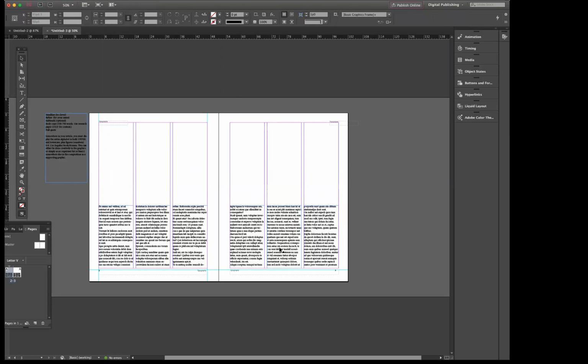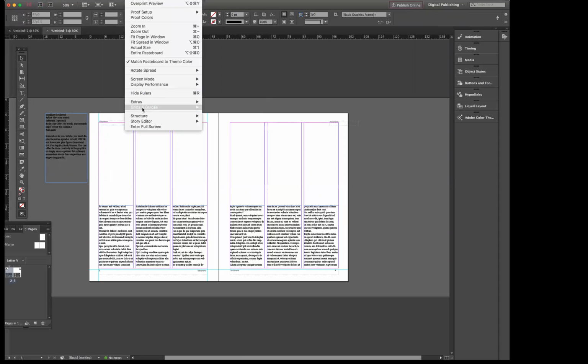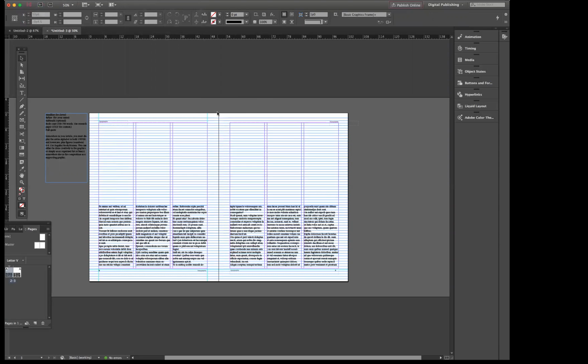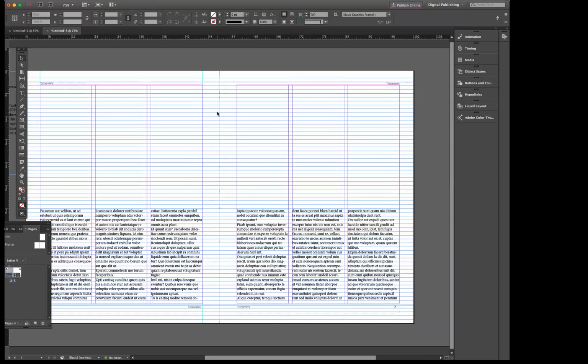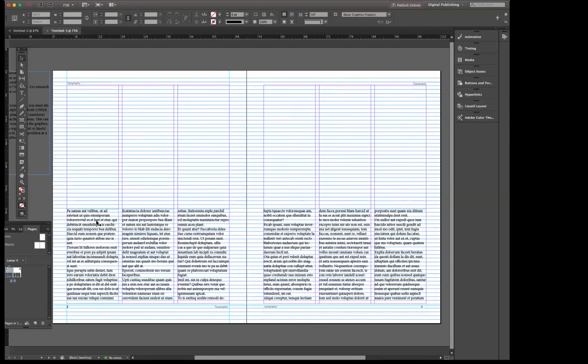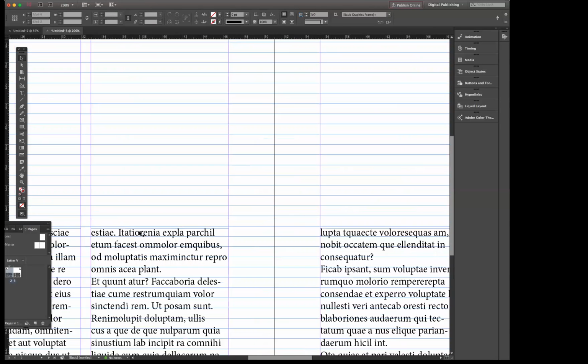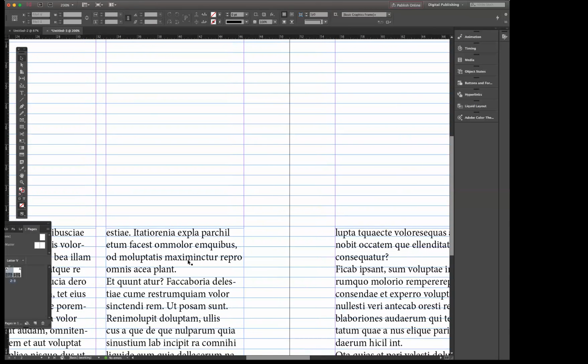So now that I have my columns of text laid out, now we're going to go over making sure that the grids are lined up. So I'm going to go back to my view and make sure grids and guides are set up. So I'm going to show baseline grid here. Now you'll notice that not all of my words are lining up with the bottom of my baseline grid. So if I zoom in here, you can see how the blue line's kind of going through some of my letters. It's not evenly lined up,